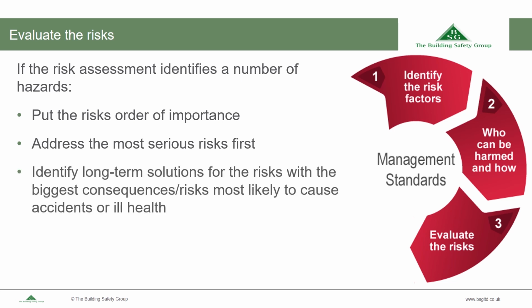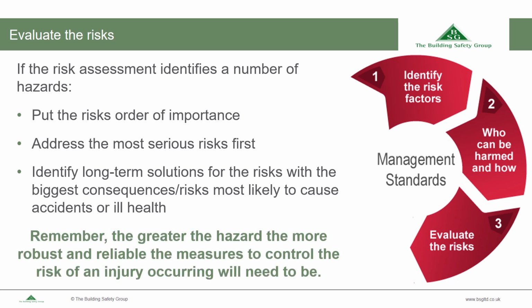Identify long-term solutions for the risks with the biggest consequences, as well as those risks most likely to cause accidents or ill health. It should also be established whether there are improvements that can be implemented quickly, even temporarily, until more reliable controls can be put in place. Remember, the greater the hazard, the more robust and reliable the measures to control the risk of injury occurring will